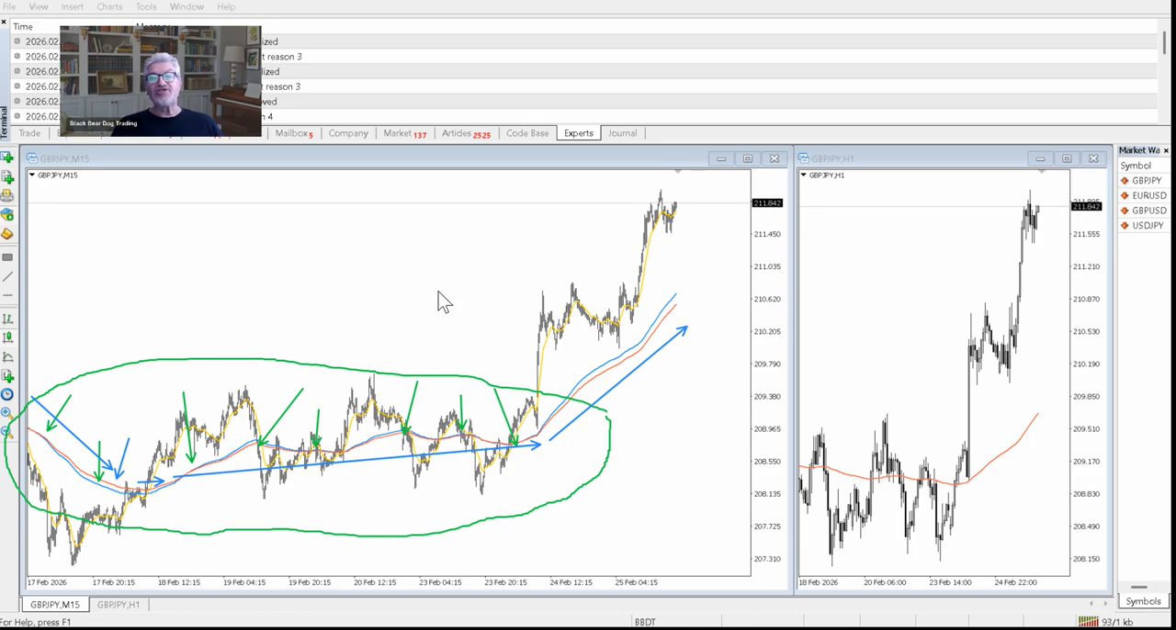Patience, patience, patience. That's why we use the Vegas tunnel strategy with the British pound yen, because it's a fast moving currency pair, and we only use this strategy during London and New York hours, from the open of London, which is 8 in the morning GMT time,